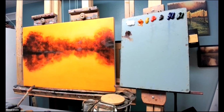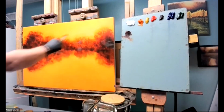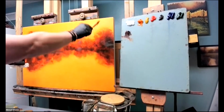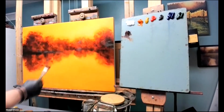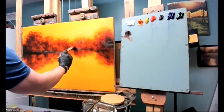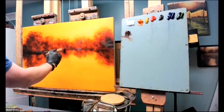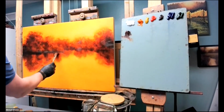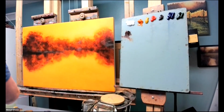I think it's almost going to end up being full value range, because I'm gonna have some dark darks here, almost black, and almost pure white over here. You're right. I love the value key studies, but here's something that I neglected to mention that, when I was first being introduced to value keys, really, really affected how I paint,